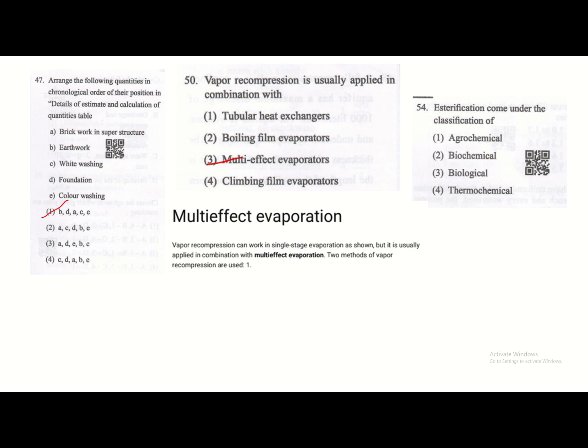Next one is the vapor recompression is usually applied in combination with. So there are 3 types of heat exchangers there. Here the vapor recompression means when you are drying the product or liquid and vapor, you need to separate. So they will have multiple evaporators. So the water will go in this, again in this, like that the water will be reused. Such techniques, maybe I'm not going deep. So the exact answer is the boiling effect evaporator. The answer is 4.